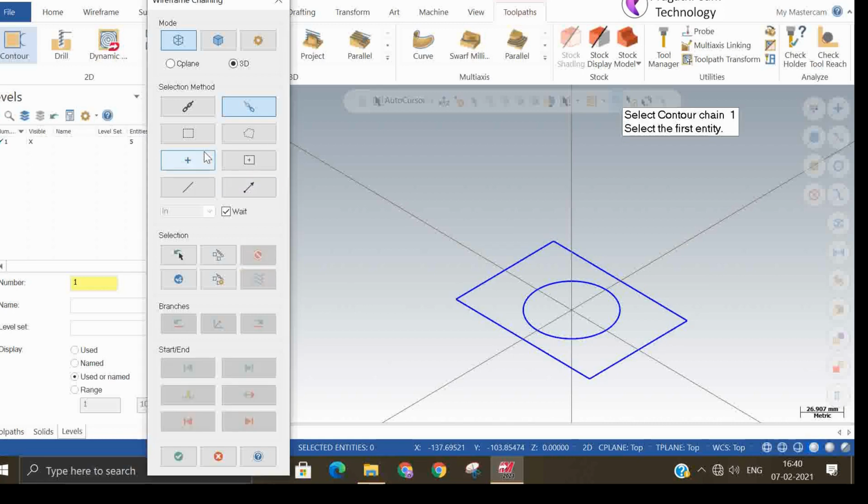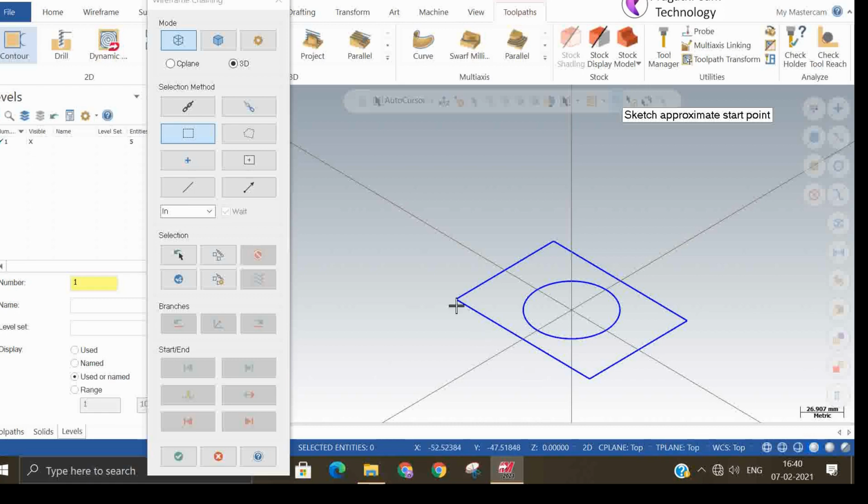So next selection is the window selection. In a single shot you can select the entire chain. So we can select the window now, and it will ask for the start point. Otherwise it will not allow you to select.